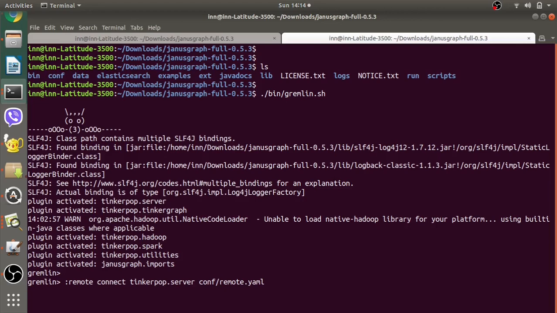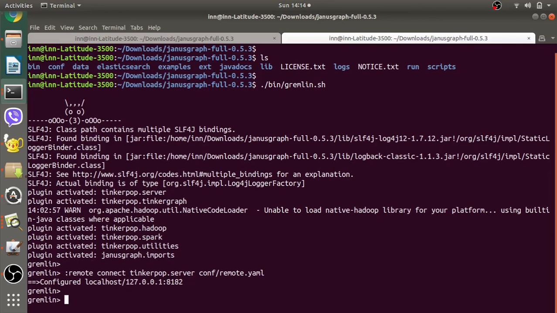Let's fire this. Just see here, remote connection is configured. Now we can fire any Gremlin query, but we should remember that if we fire any Gremlin query here, it would not be provided to the server. Just to provide that particular Gremlin query to the server, we need to use this as a prefix to the Gremlin query.